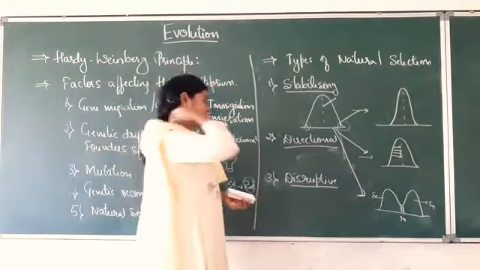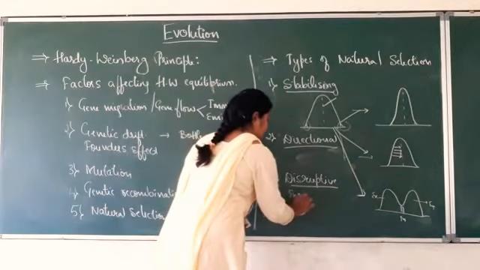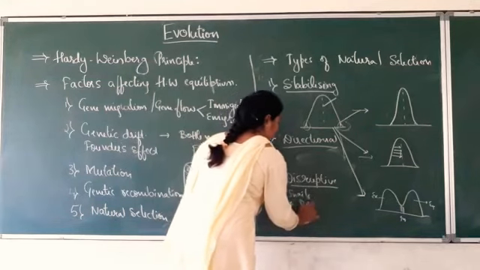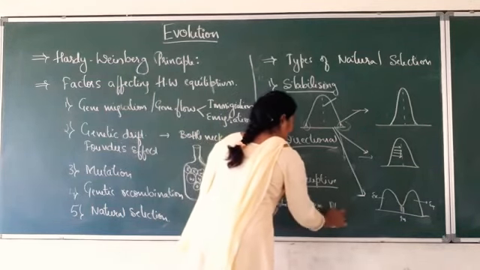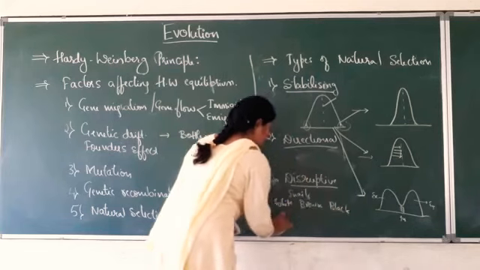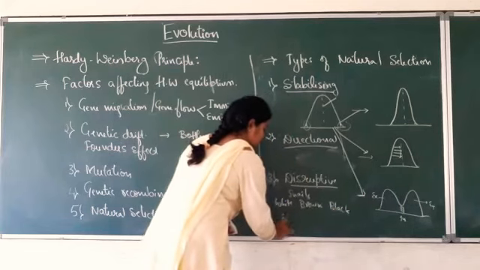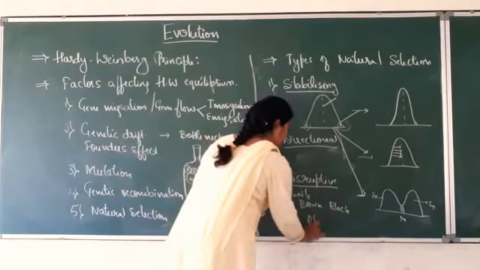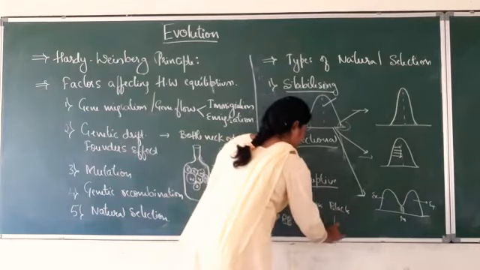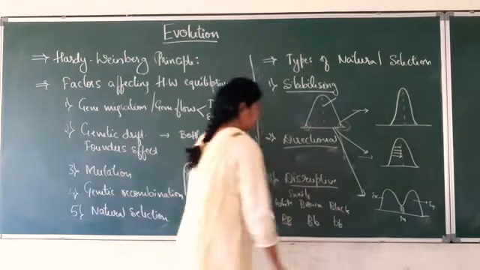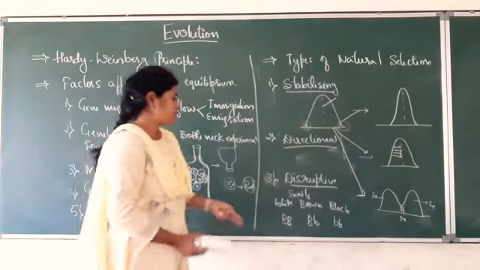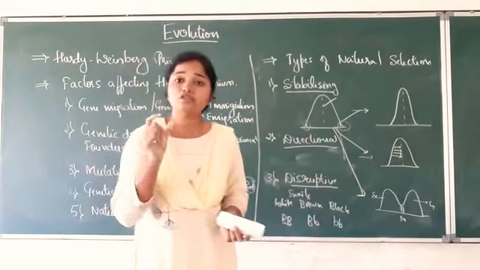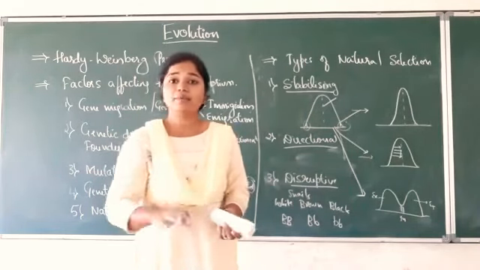These snails are usually three colors. That is white, brown and black. The white is the dominant one. This is a dominant, this is an intermediate and this is a recessive, right? These are the three types of snails which we are going to get in the seabed, and the color of the sand in the seabed is white.